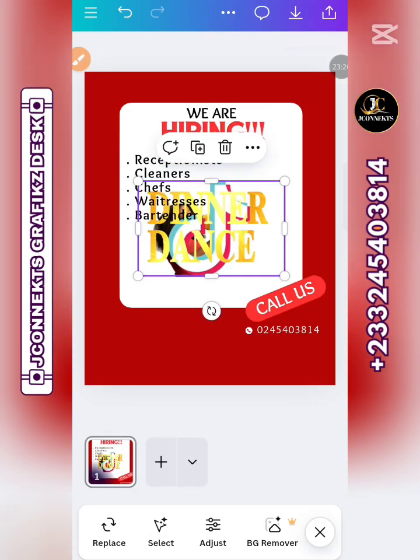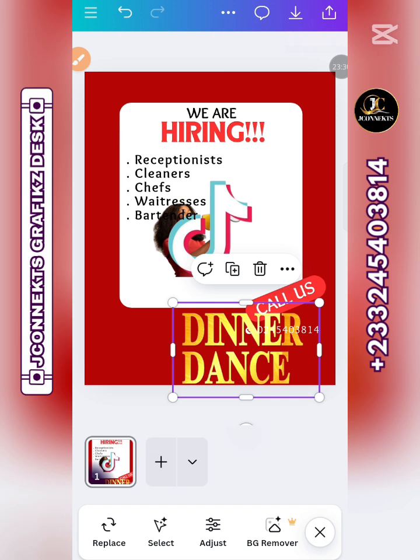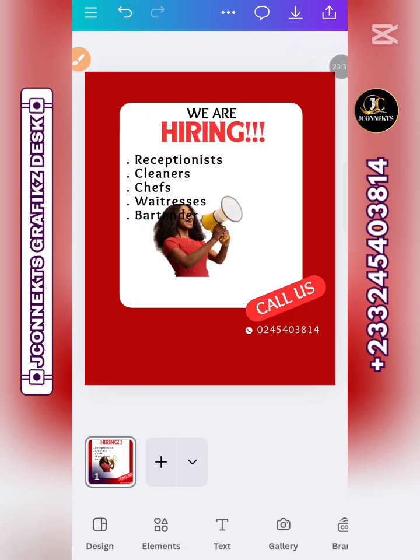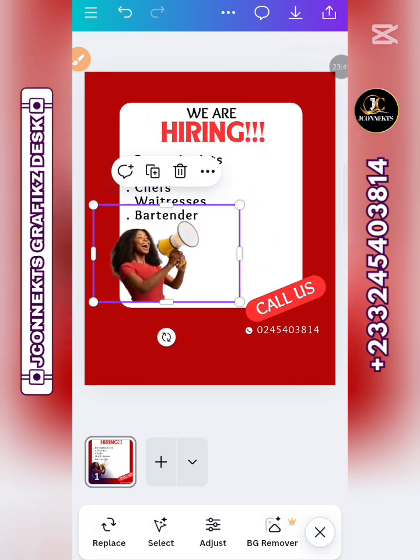Okay, so you can see that all the pictures that I've selected are here. So I don't need this, I don't need this as well. This is what I want to work with. Good. So just like you can